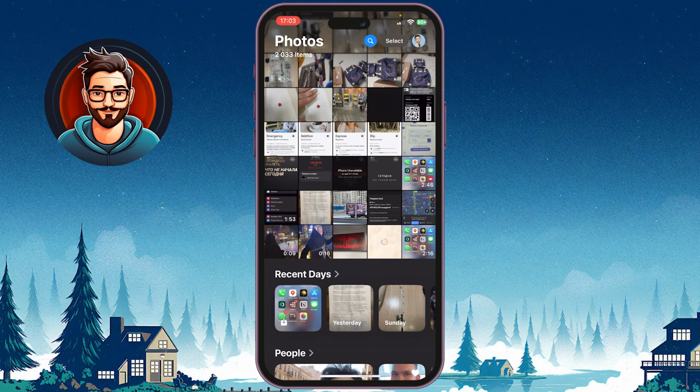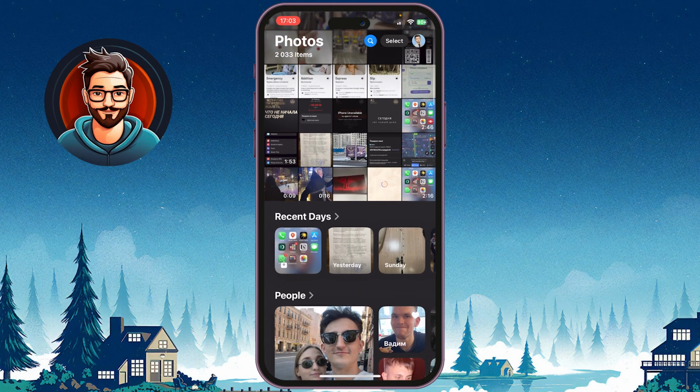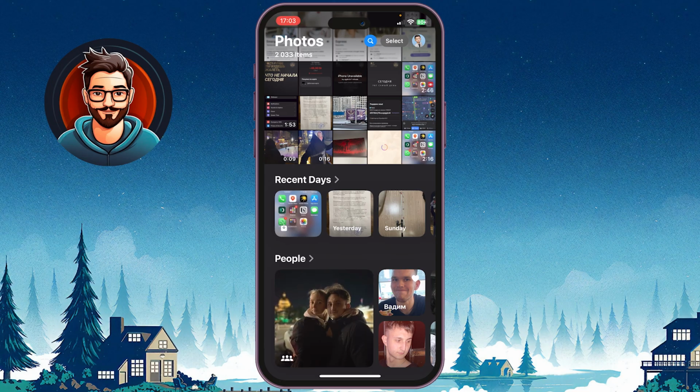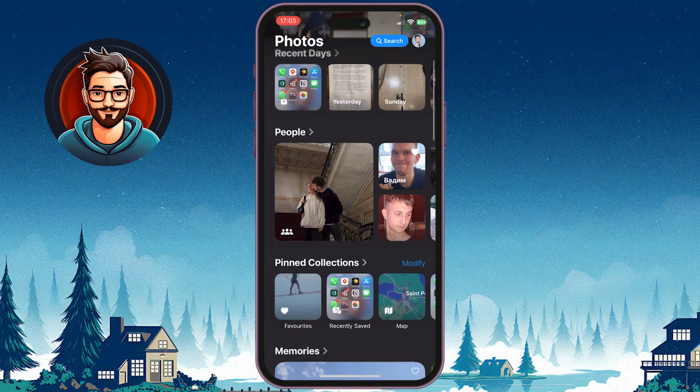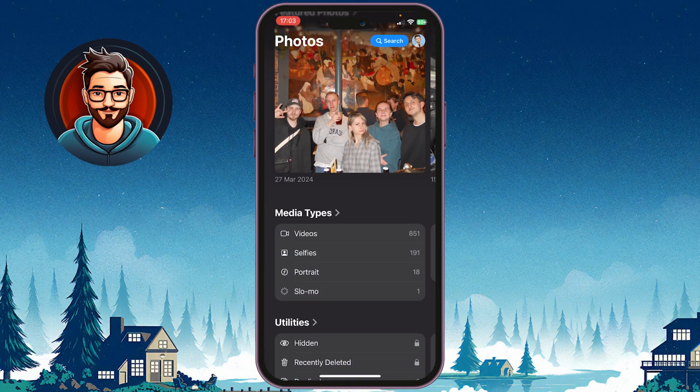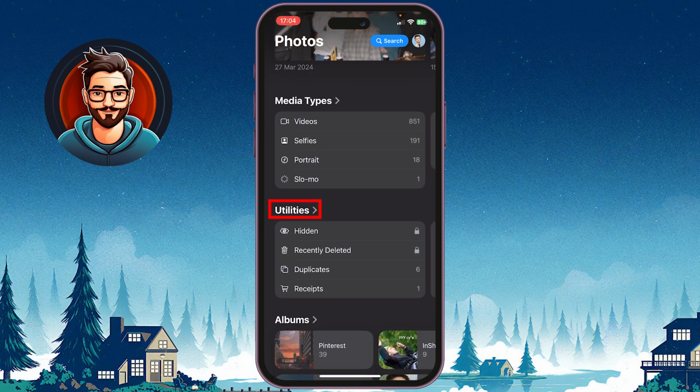Instead of tapping any of the main options, scroll all the way to the bottom of the page. Keep scrolling past sections like people, memories, trips, and eventually you'll reach a section called Utilities. In the Utilities section, you'll see the recently deleted album. Tap on it,